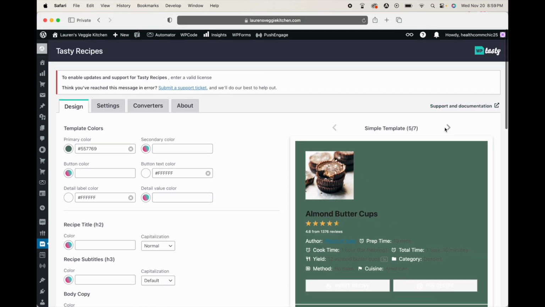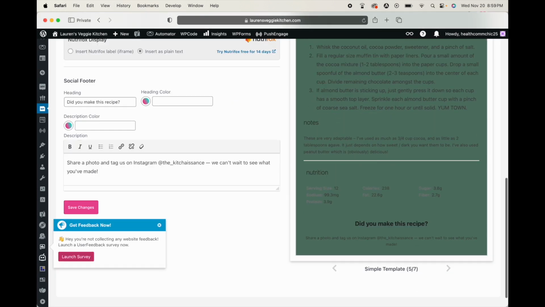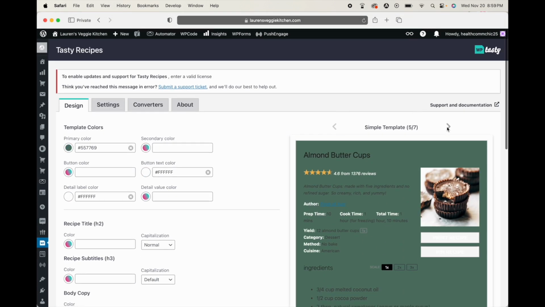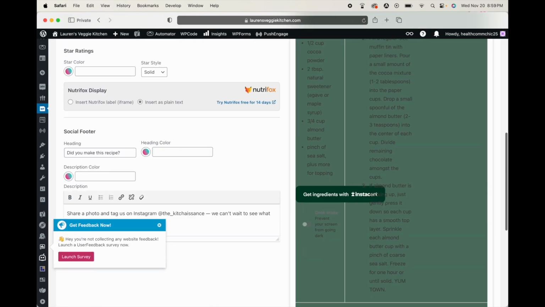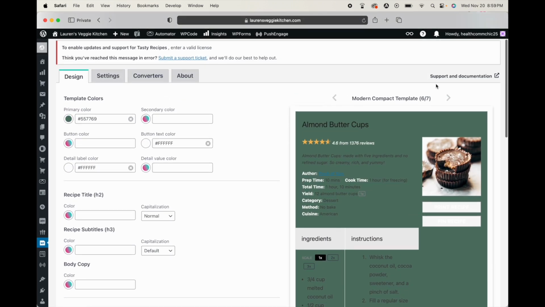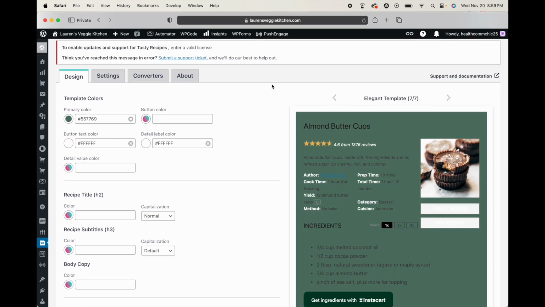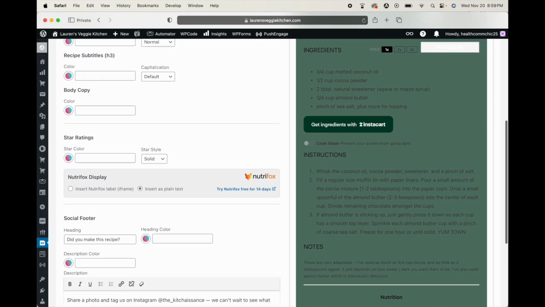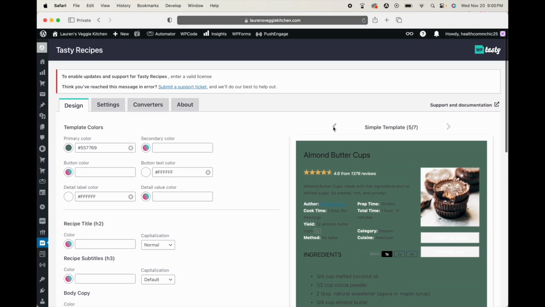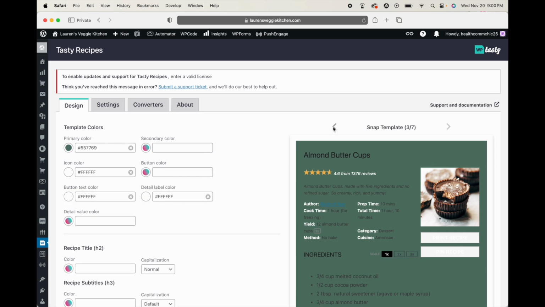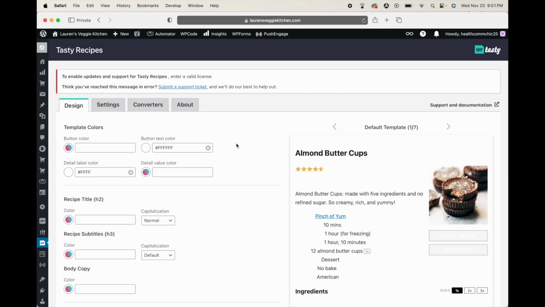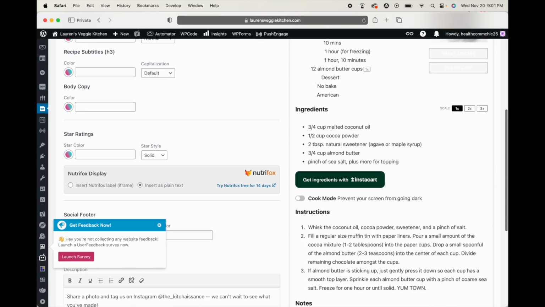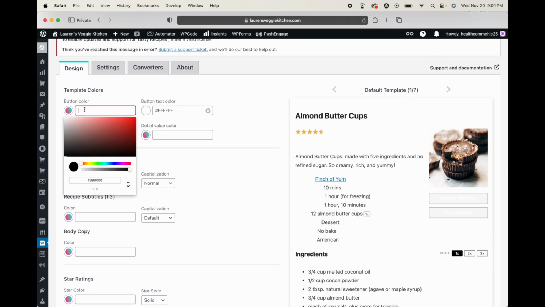And then we've got the simple template, the modern compact template, and the elegant template. So I've just got mine on the first one, on the default template. Okay, so I've got the default template selected on my blog, and I'm going to show you a